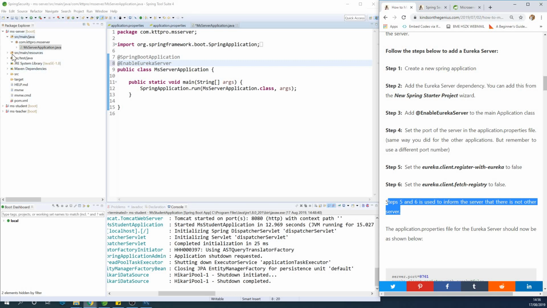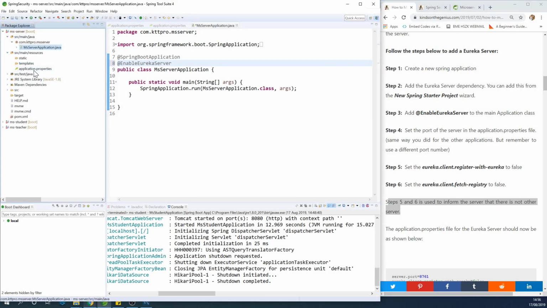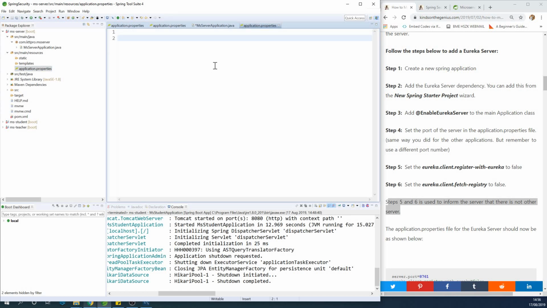All right. So we are going to go to the application.properties file for the Eureka server, and then we are going to add a port. We are going to say server.port equals, let's say 8761. There is a default port, but I think it should be 8761. But feel free to use a different port number if you want. So you say eureka.client.register-with-eureka